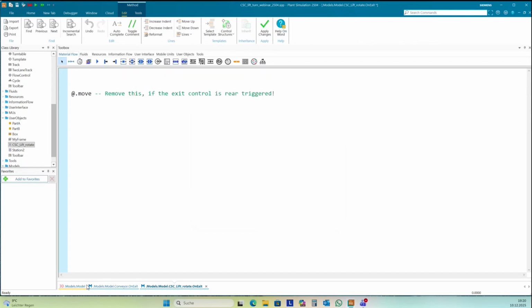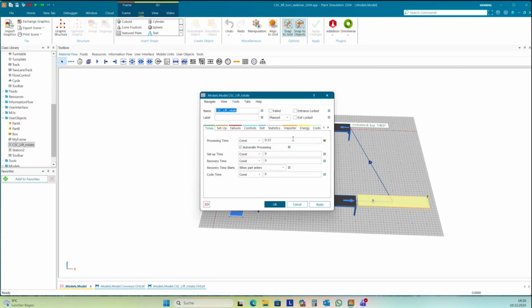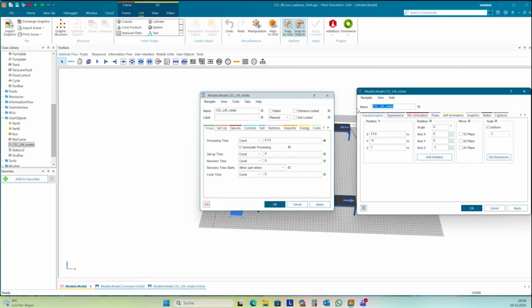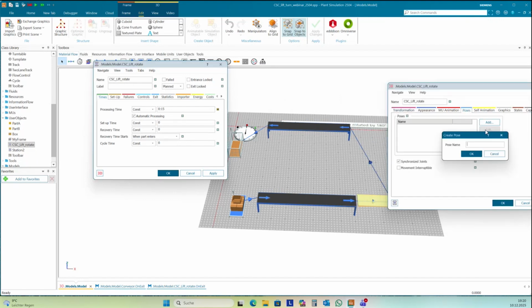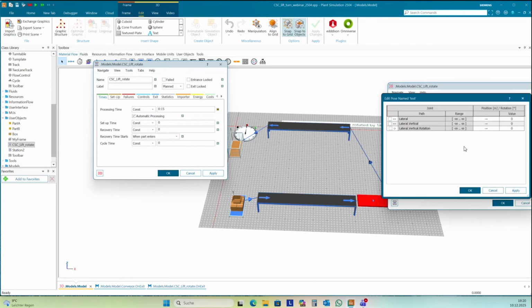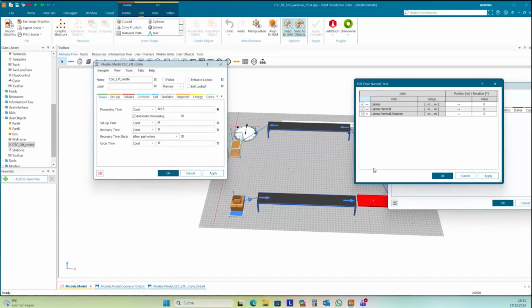So now we have basically 2 ways to do this. One way, we can edit here in 3D properties. We can set up poses. Add a new pose, maybe test, and then we can move these 3 joints, maybe first lateral until 4 meters, then only vertical to minus 0.5 and so on.